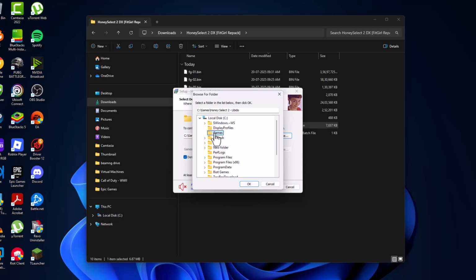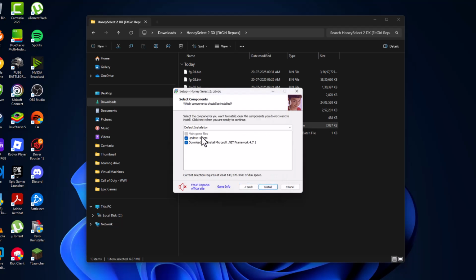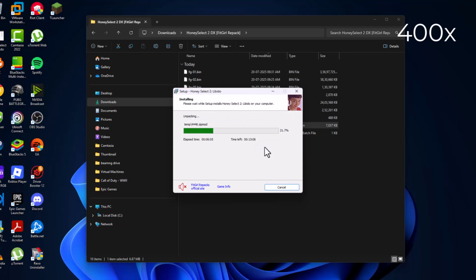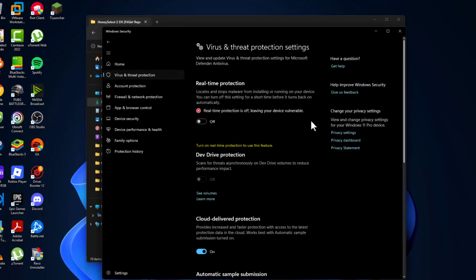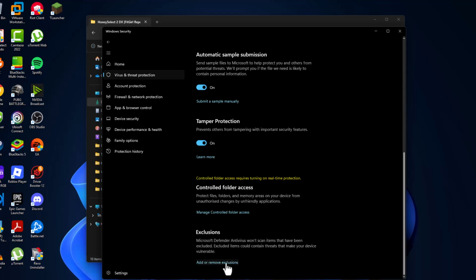Select the browse option and select the location where you want to save this game and select OK and select next. And check all these and select install option. After the installation is done, open up the Windows Security we minimized before and scroll down and select add or remove